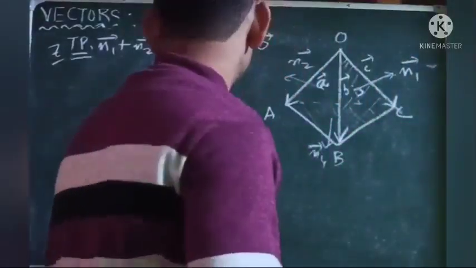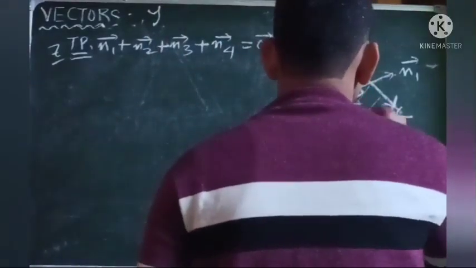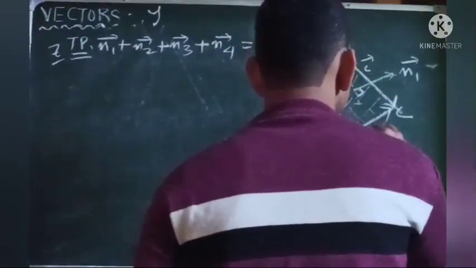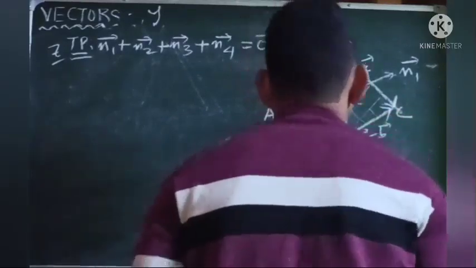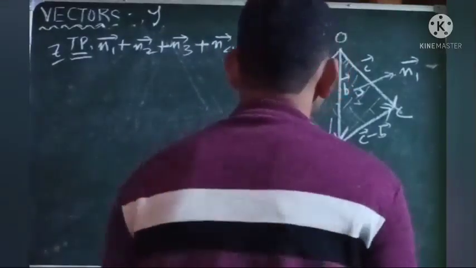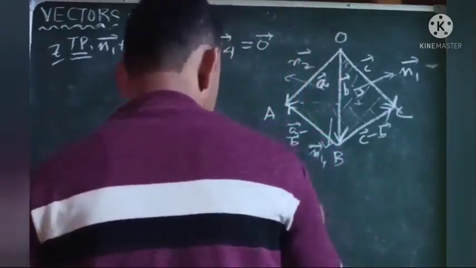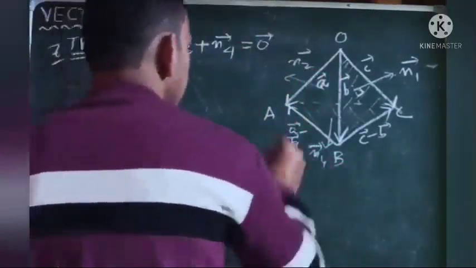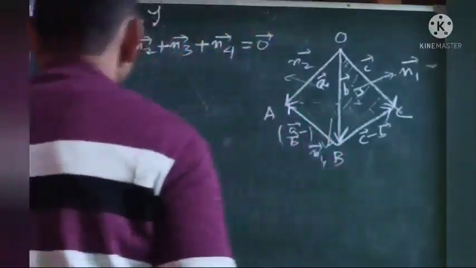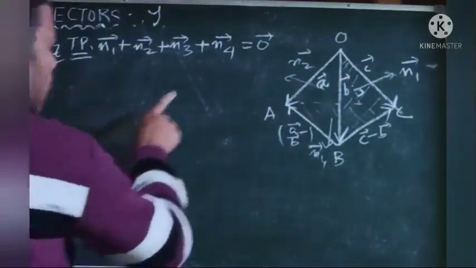Then, using the concept which we have learned just earlier, we can write BC vector as C vector minus B vector, and similarly BA vector as A vector minus B vector. This is A vector minus B vector. Now, by the geometrical meaning concept, we can write,